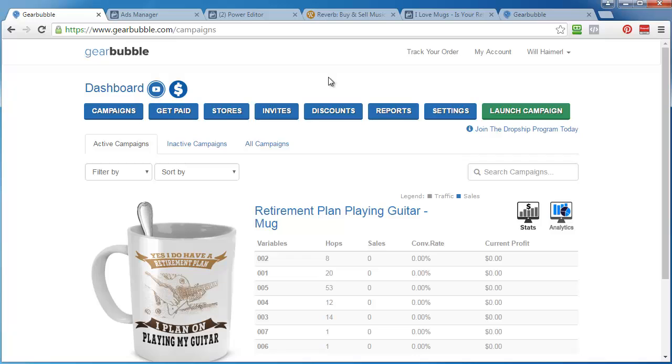Don't get depressed. The thing you need to do, if you haven't found any mugs that are working yet, you need to test more, and I need to test more too. I need to get up more and more and more, and that's what I'm going to be focused on this week, is getting more and more test campaigns up and running, because we have to make this work. Okay, so